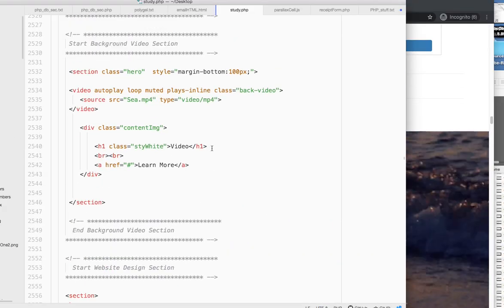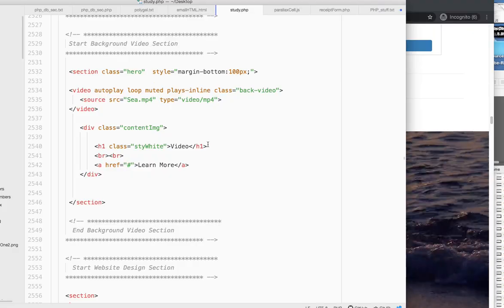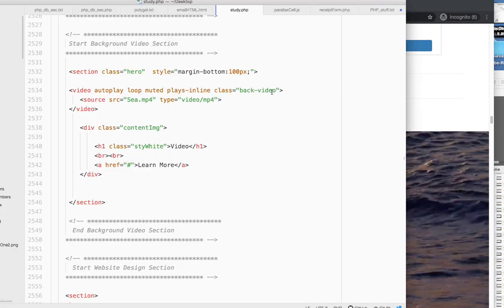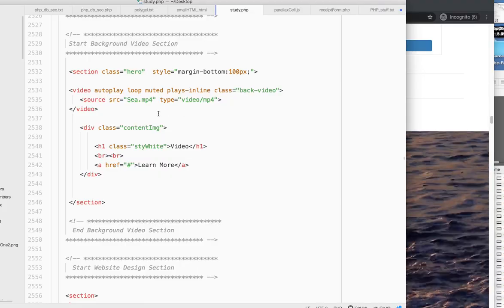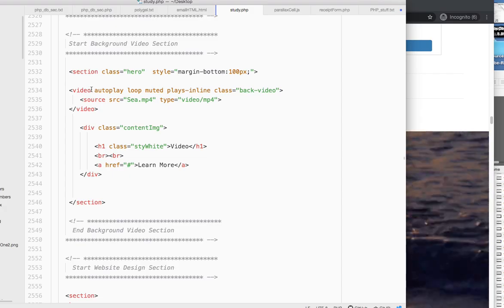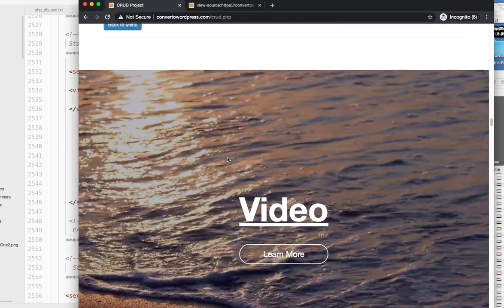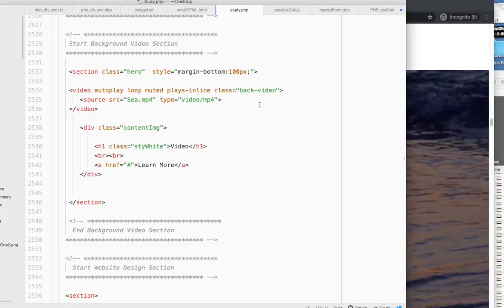Oh, here it goes. The background video section, same idea. You go here to the background class. This is the actual source. This is the actual video element. This is how you do it. This is what gets you this. But you gotta have the actual